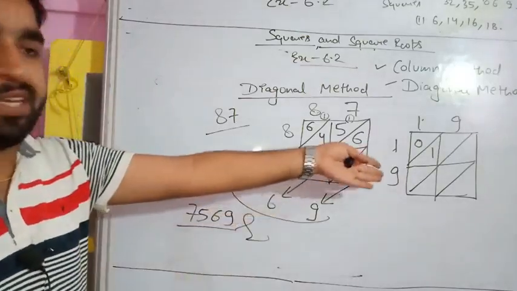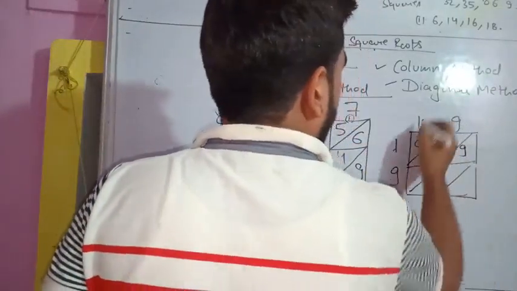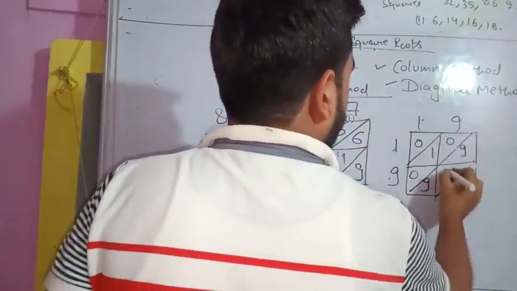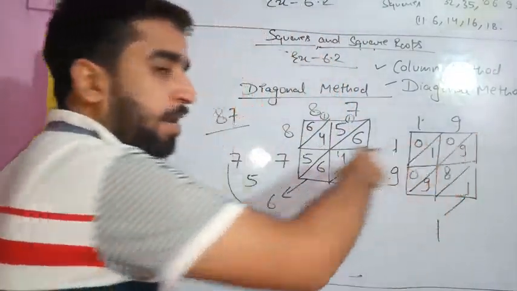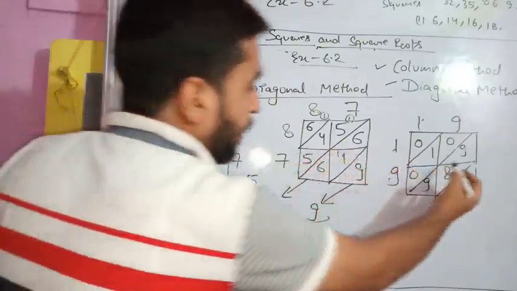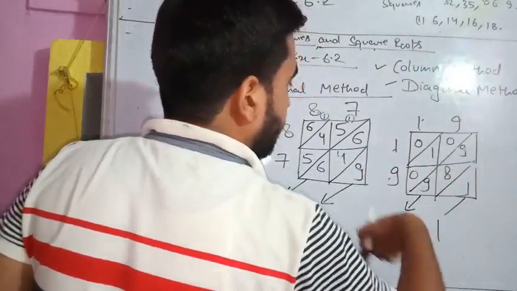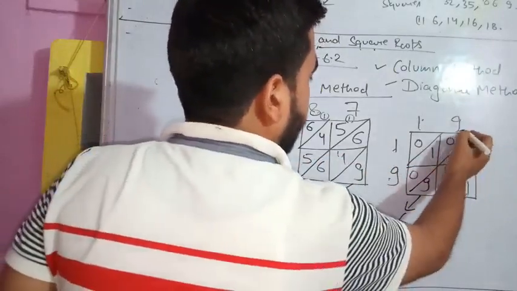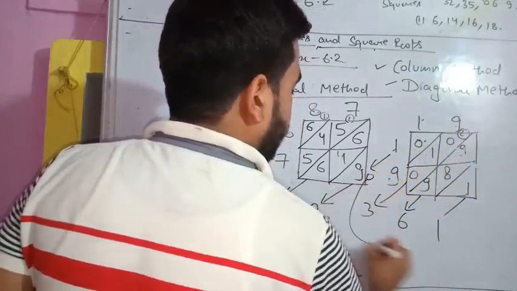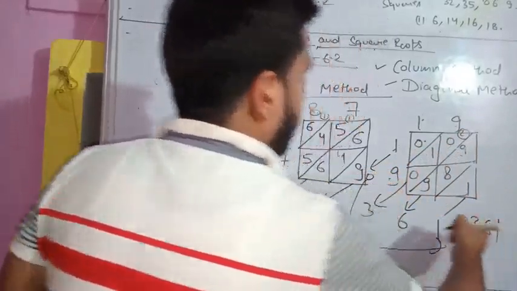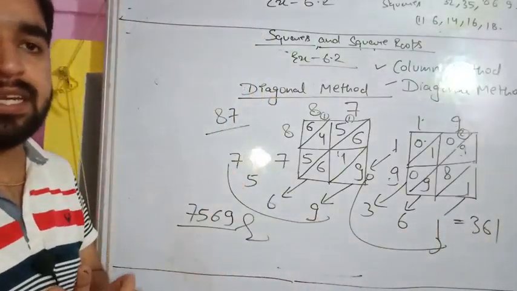Now students, this you can solve by your own. Let us solve this. 1 9 ja 9. So this will be 0 9. 9 1 ja 9. 0 9. 9 9 ja 81. Start adding the diagonals. 1. Now this is a one piece diagonal, means in this diagonal you have to add 8 plus 9 17. 17 plus 9 26. Carry 2. Now this will be shifted here. 2 plus 1 3. In another one, what is there? 0. Combine this all, you will get 361. So I hope you understood both the methods, column method as well as diagonal method.